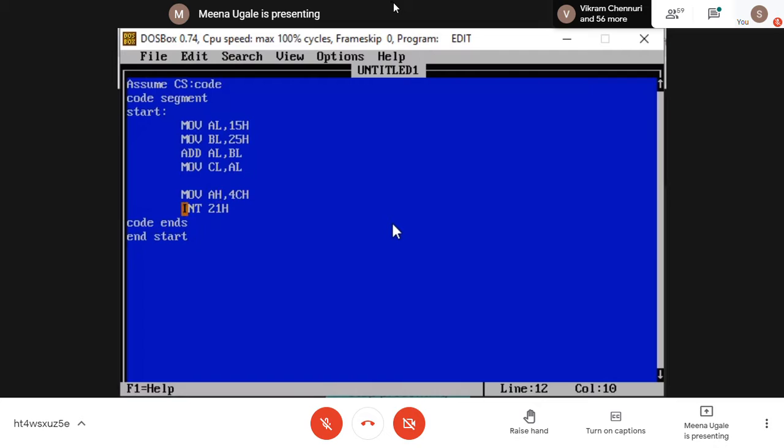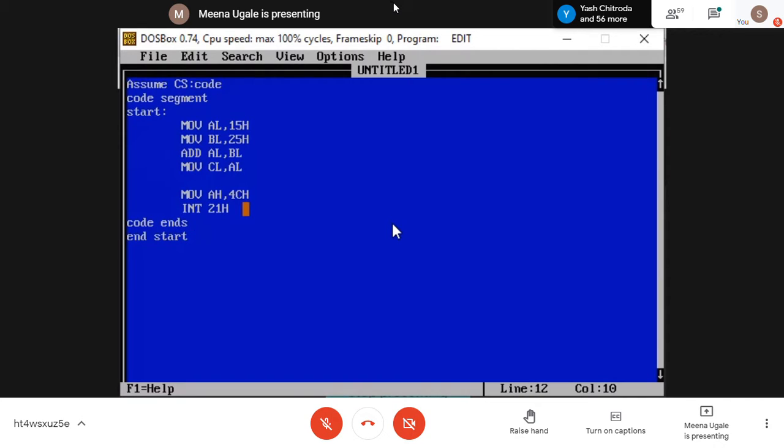Then only will these two lines terminate your code when you run it in the assembler. For that purpose, the last two lines are written. AH is loaded with the 4C value. The last H indicates this is a hexadecimal number.